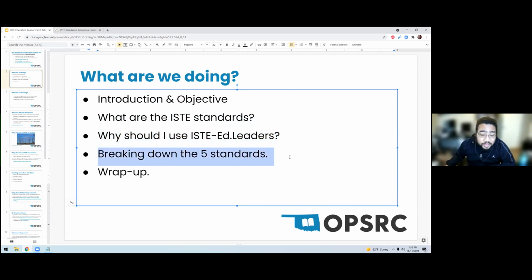And then the meat of what we're going to jump into is I'm going to break down each standard the best I can. This is kind of a surface level type of discussion that I want to try to open up on this, and just kind of showing you what different options you have out there in terms of taking these standards and how to pursue them and how to go about them. And then I'll finish up by just kind of wrapping things up. I have some resources to share with you. I've put at the end,